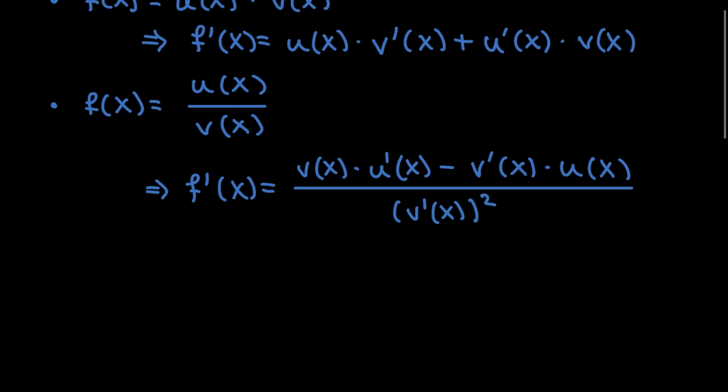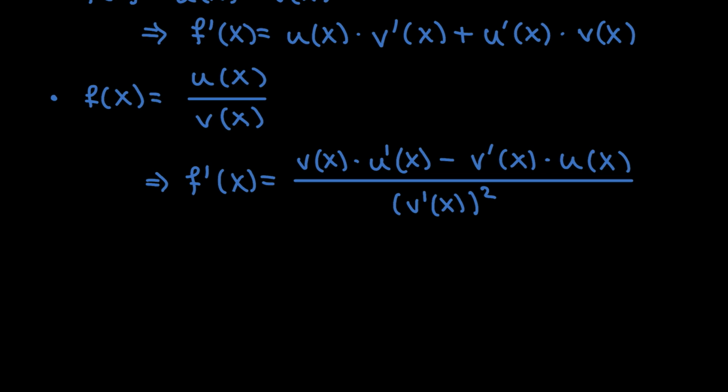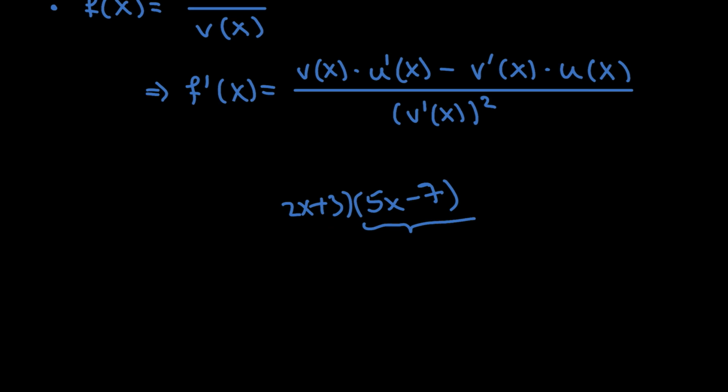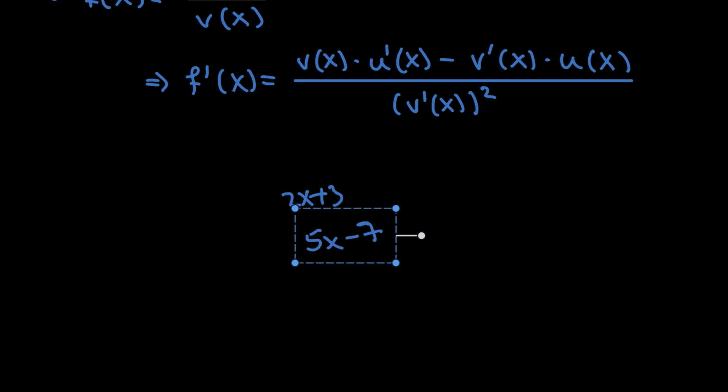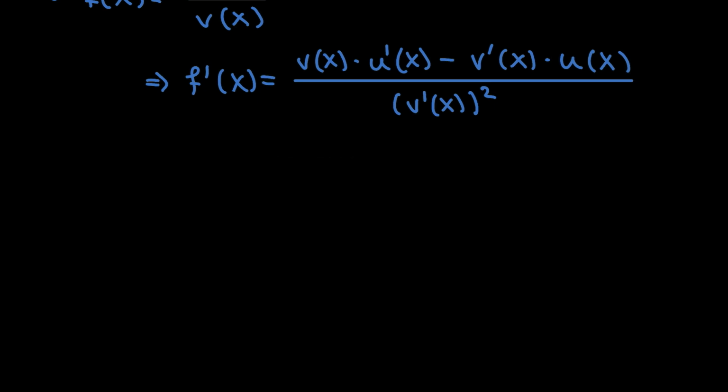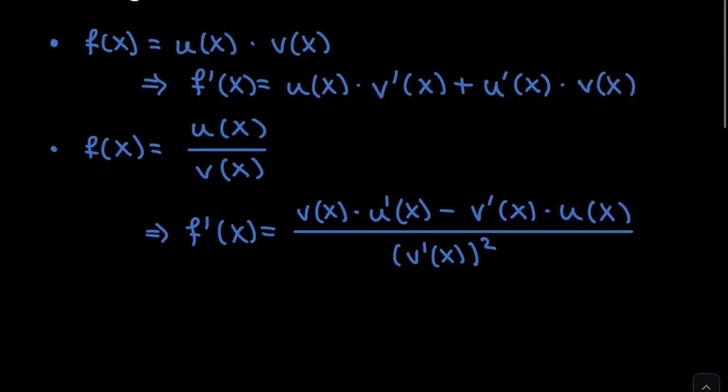Now, as for the quotient rule, you would use it if you have, we can take the same example, just when it's division. So imagine that we're dividing 2x plus 3 by 5x plus 7. Here again, you can just use the quotient rule, or you could also do synthetic or polynomial division and then differentiate term by term. Anyways,